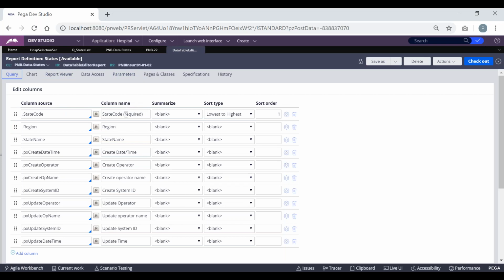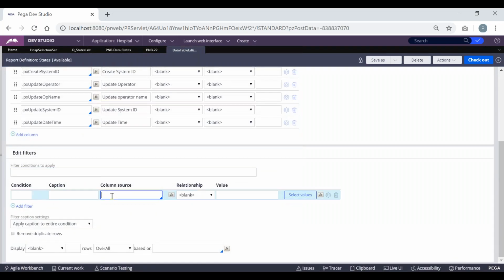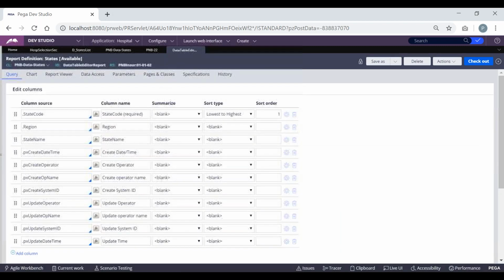So we already know how to apply parameters for this report definition. I want to filter this based on the region code, where region code is related to the value that is being passed. So I want to pass this region value now. Based on this region value only, I'll be getting the filtered values out. Check this out and save the changes.